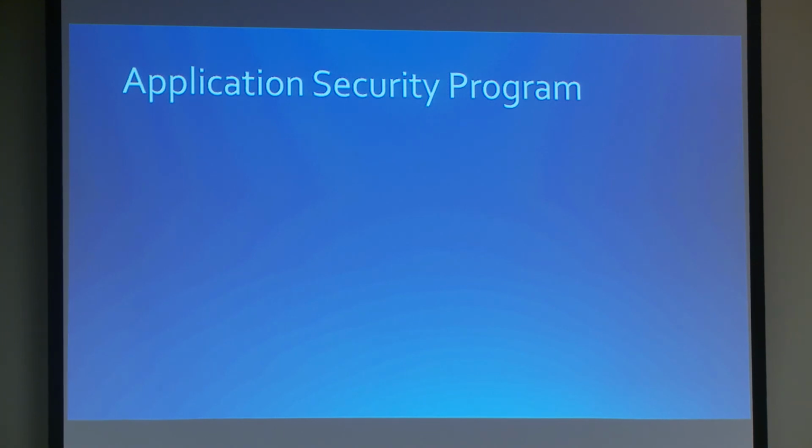Now, when it comes to an application security program, which is why a lot of you are here at the Lone Star Application Security Conference, we did developer training on the OWASP Top 10. That was the first thing, right? We talked about educating. I wanted people to know, you can't tell somebody this is a cross-site scripting vulnerability if they don't know what a cross-site scripting vulnerability is. And they definitely can't fix it.